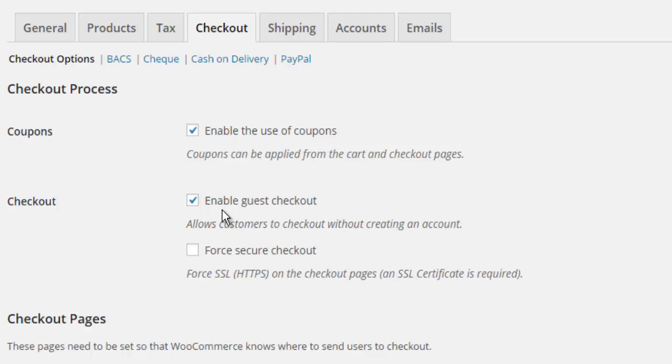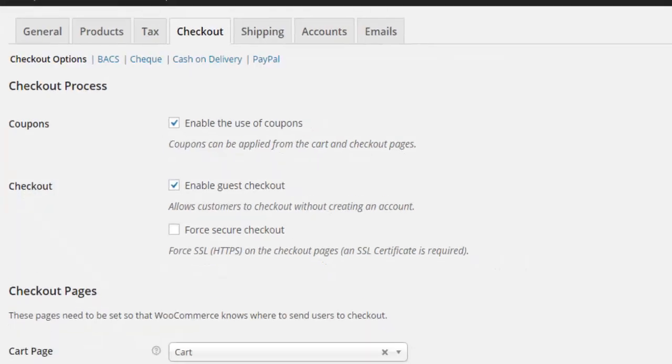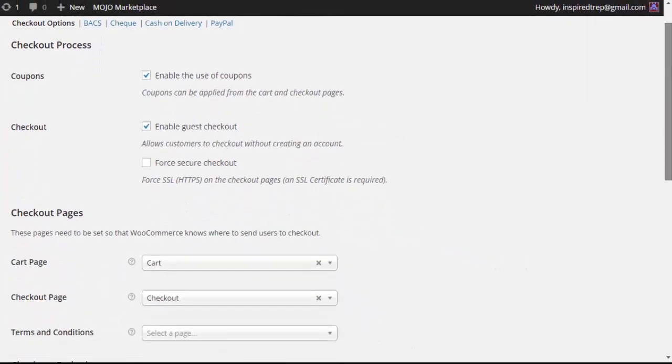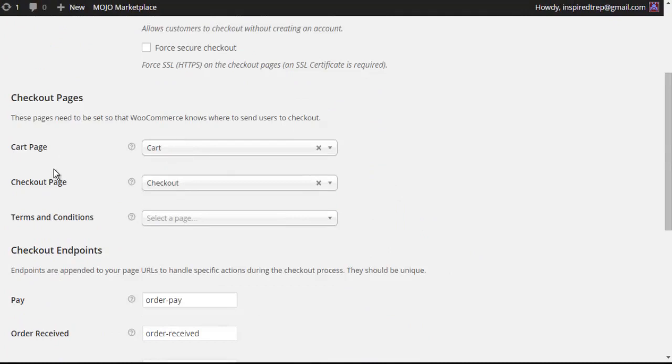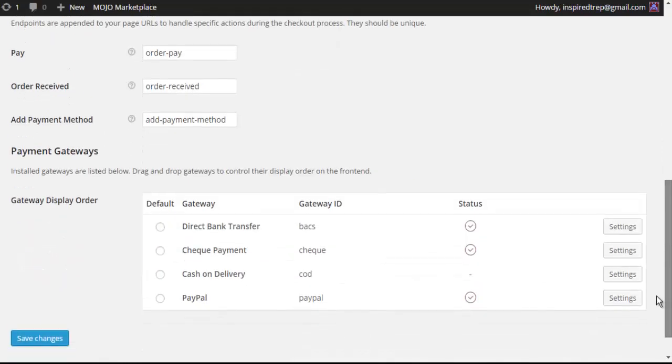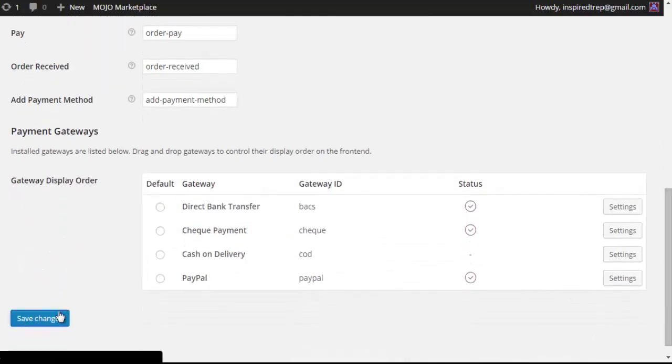You can also enable or disable guest checkout. I'd recommend leaving it enabled because I've been the person who has not wanted to create an account. I've just wanted this thing and they've made me create an account, so definitely enable guest checkout. You can set your cart and your checkout pages. It's already created them. You can also set your terms and conditions page. We don't have one right now. I'm not going to bother with it. So we'll save our changes,